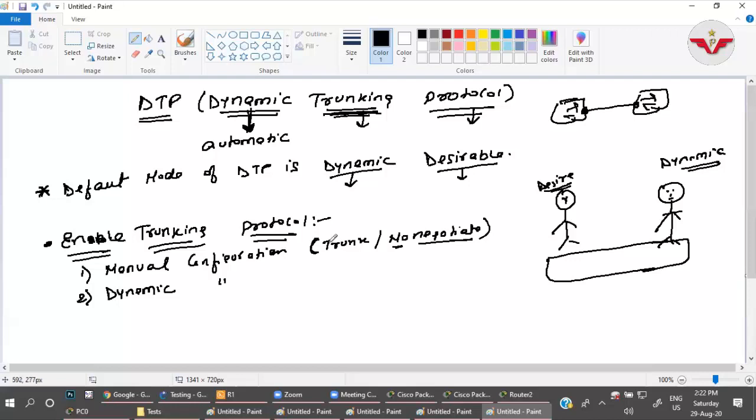The second one is dynamic configuration. In dynamic configuration, we have two modes: one is dynamic auto and one is dynamic desirable. Dynamic auto and dynamic desirable. Dynamic configuration can be creepy. Okay, no negotiate means